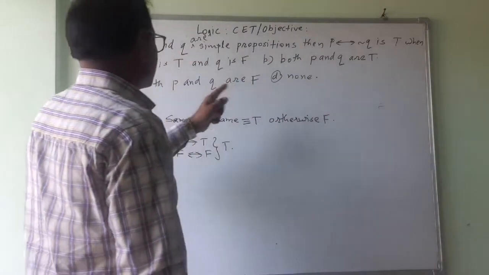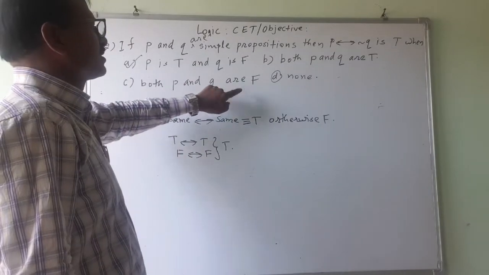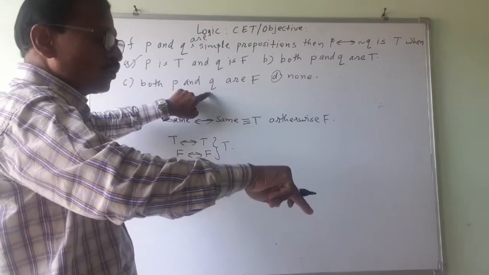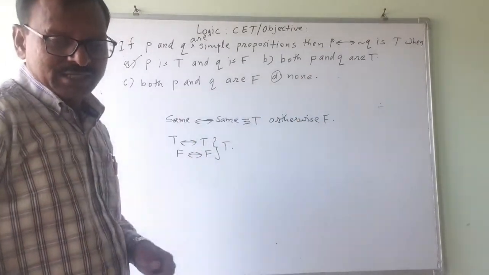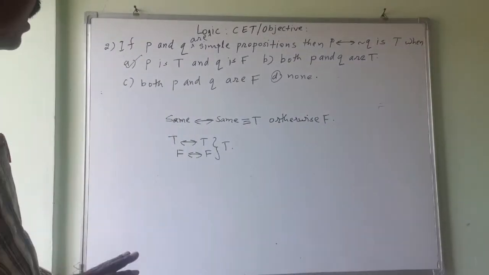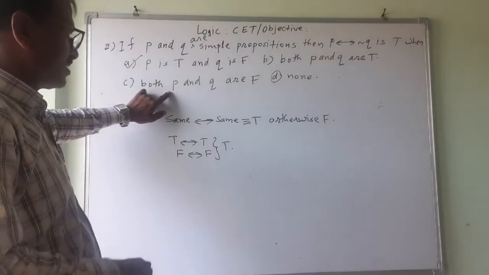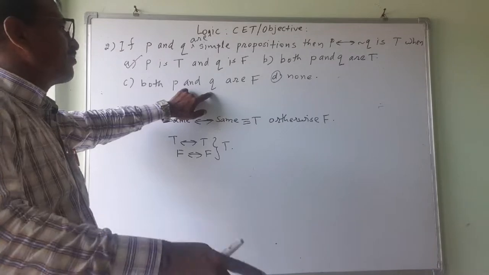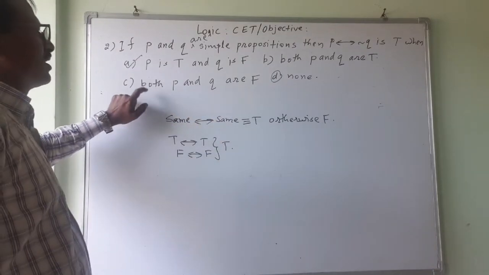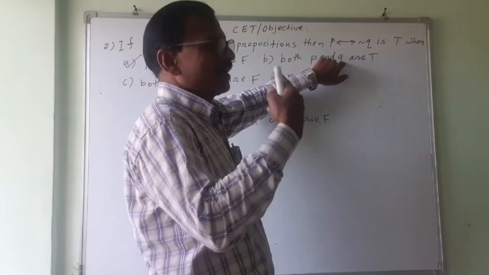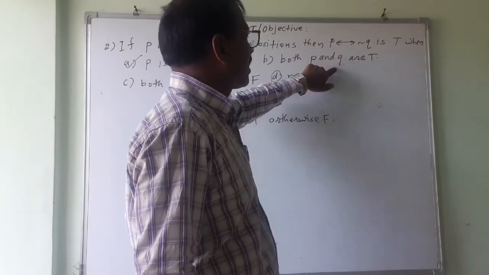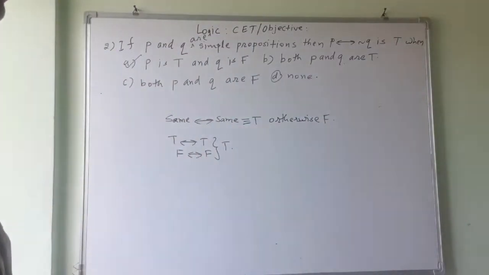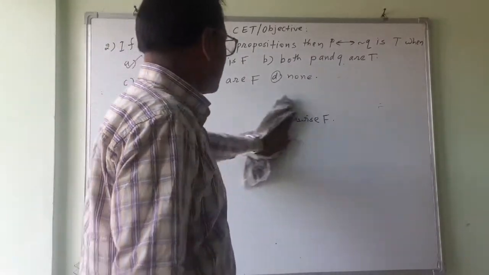There is no option like this. Both P and Q are false. That is not possible. P should be false and negation Q should be true. Then it will become false after doing negation. Is this clear? P should be false and Q should be true. Do the negation, it will become false. So this option is not proper. Both are true. That is not at all possible, because if both are true, P will become F. So this way you try to understand, revise logic, and you will understand this well.